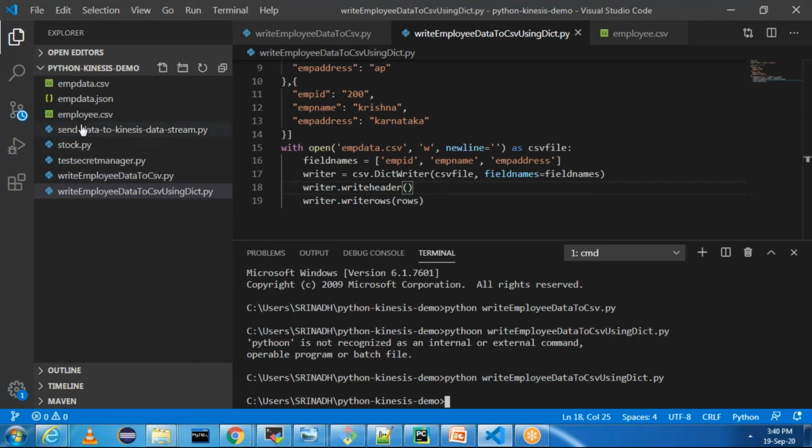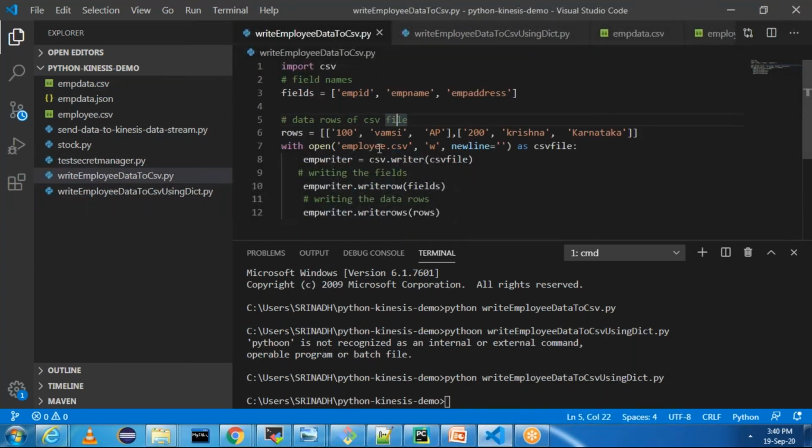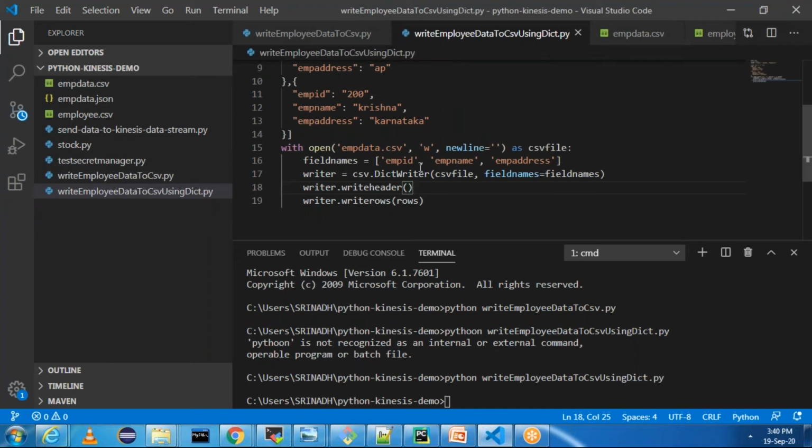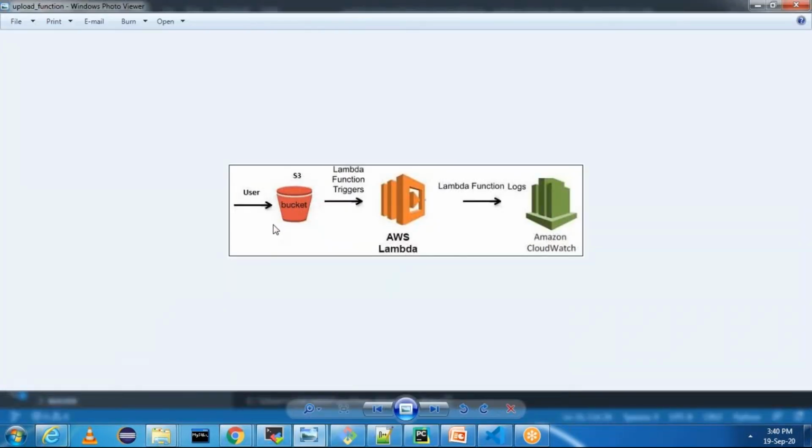Perfect. Now it is done. You can see now employee data.csv came and we have the data. Perfect. Now we have seen how to use writer and we have seen how to use dictionary writer. But for our actual use case, of reading the file from S3 bucket, we are not worried about write,